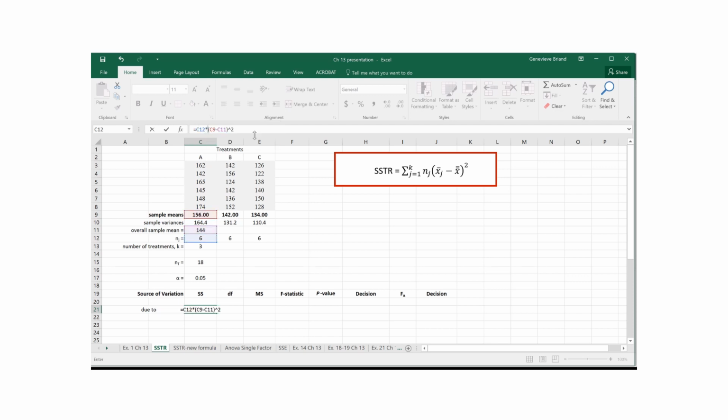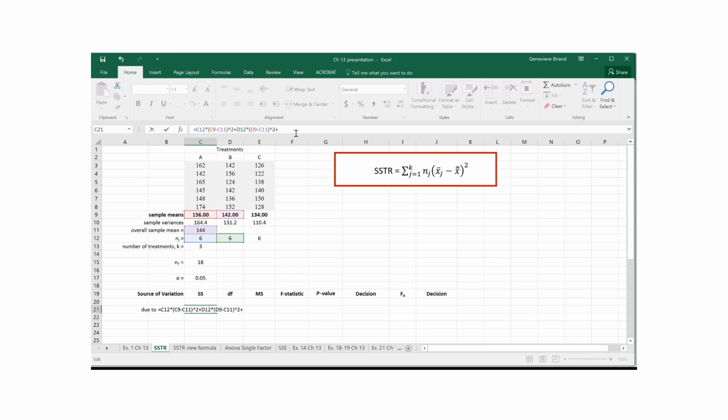Okay, and then I'm going to do that for the next one. So sample size times the sample mean minus the overall sample mean, square that deviation,